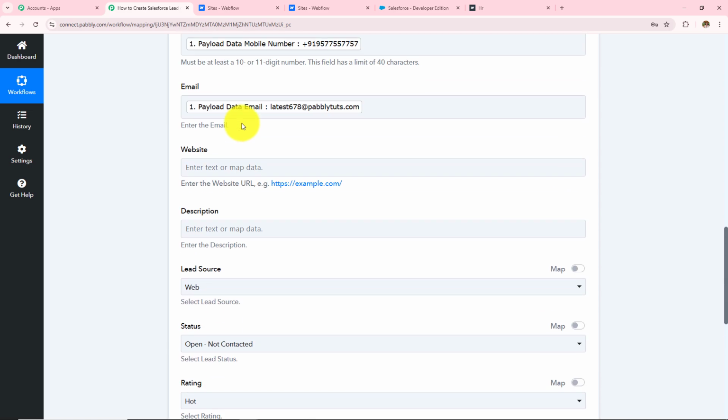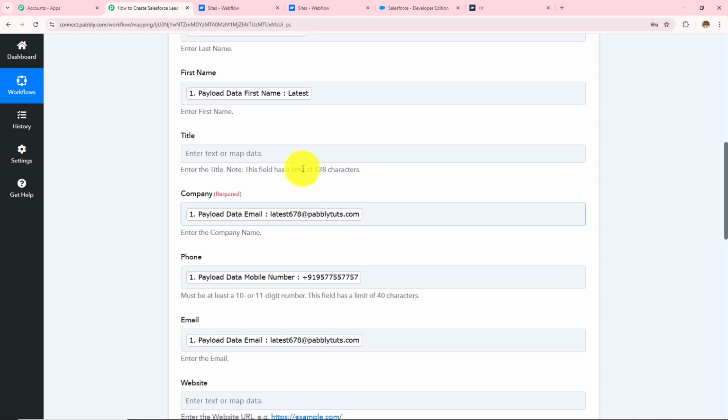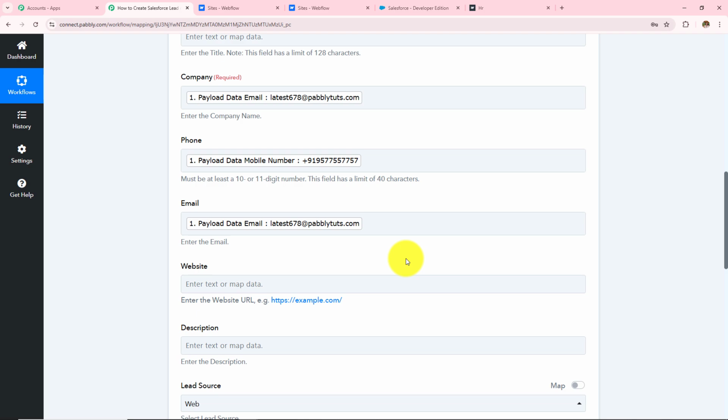Now over here mapping is important, so that every time you receive a new response, it is taken into consideration in these fields. Manually entering the data will make these fields static, and the information will not change even if you have received the new response. Over here, if I manually enter any detail, this field will become static, and every time I receive a new response, the result will not change. So as to keep these fields dynamic, we use this process mapping instead of manually entering the details.